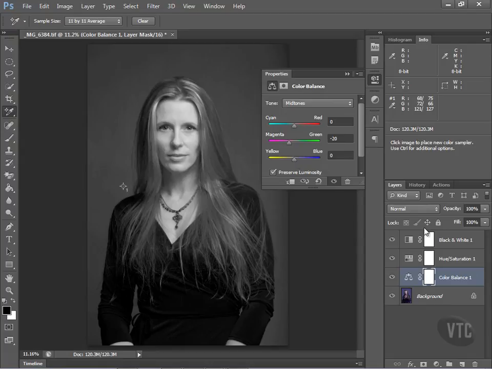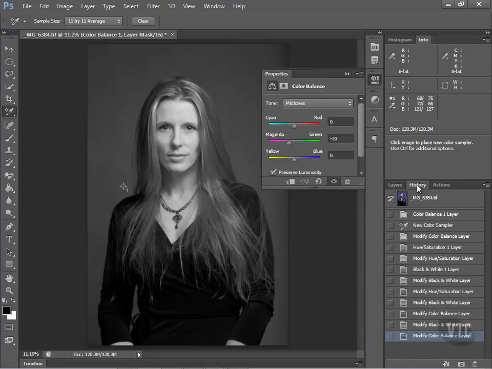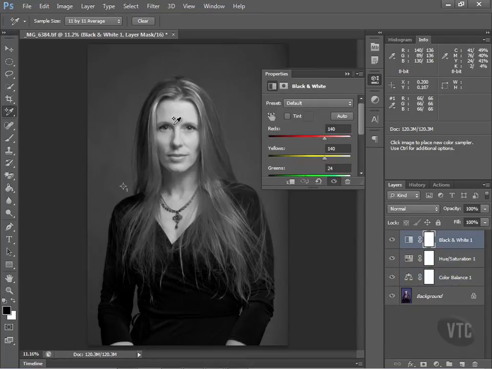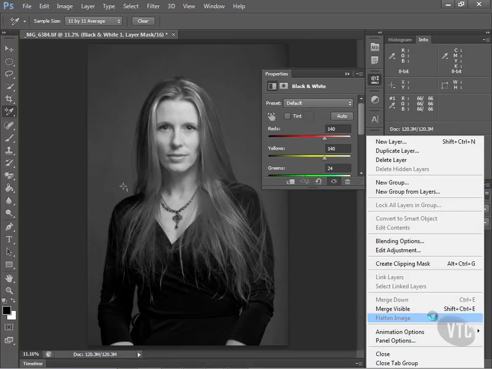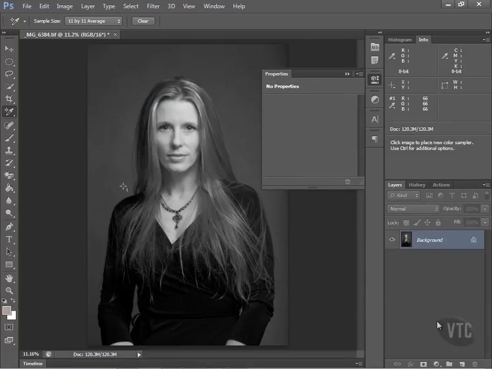That's looking real good. So notice how I go from one adjustment layer to the next without having to dip into my history states and adjust different areas of the image. And I like the way this has turned out. So what we can do is we can go to here, flatten the image, and now we have a finished black and white image based on color adjustments that were done completely with adjustment